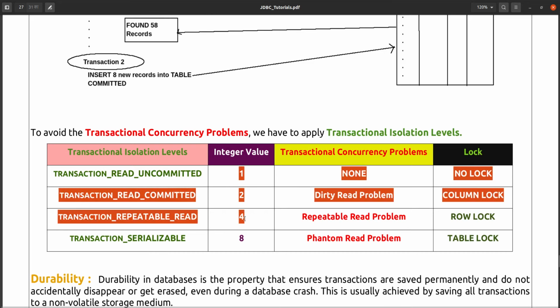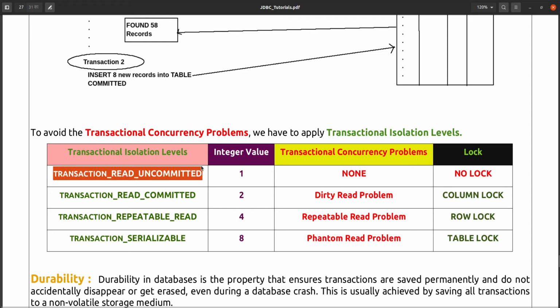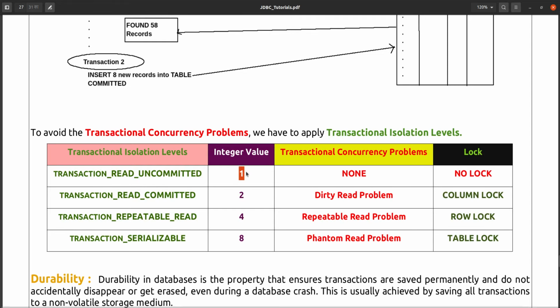These are the integer numbers for the isolation levels: for transaction read uncommitted, the integer value 1 indicates this isolation level. And for each transactional concurrency problem, we have to apply a particular isolation level. Transaction read committed has the integer number 2.